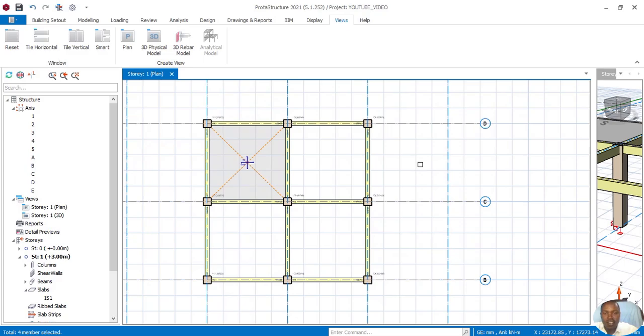In Portal structure, we also model ribbed slabs. So today we're going to talk about ribbed slab analysis and a small part of designing a